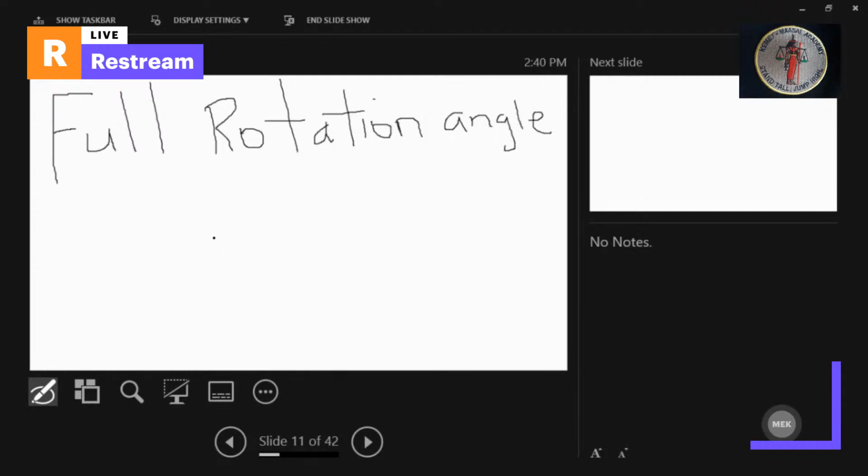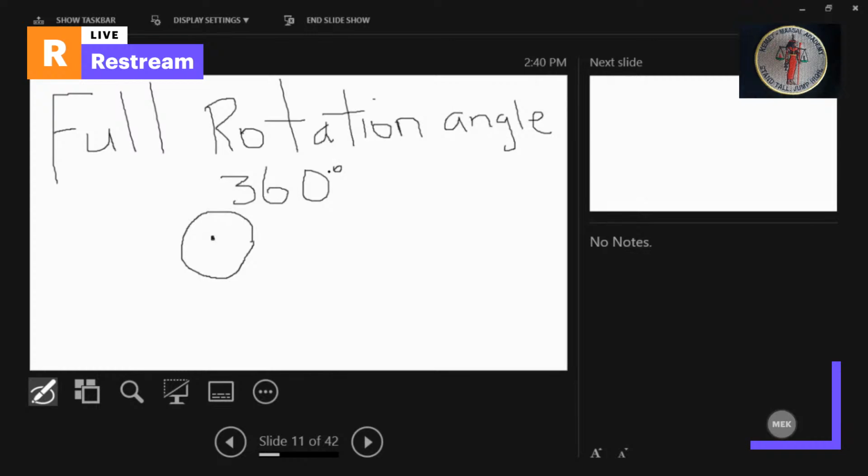So basically we're saying if we have this point here and the angle makes a full rotation about that point, that's a full 360 degree angle. So angles in a circle add up to